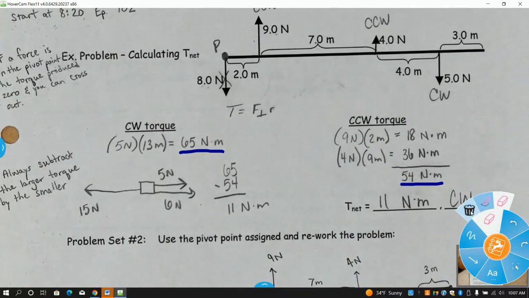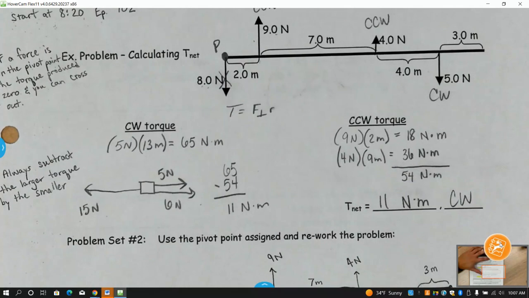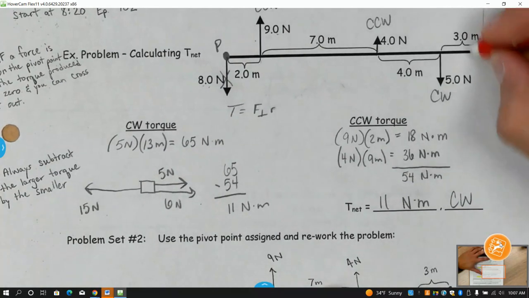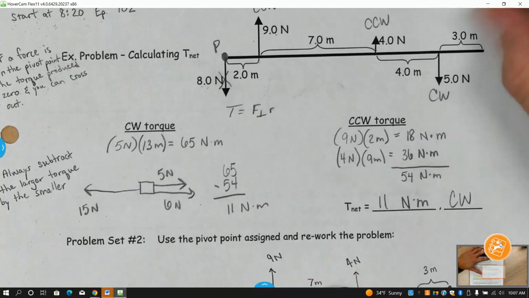Yes, sir. You don't do anything with that 3 because there's nothing else. There's no arrow over here. So now, if we redid the problem,